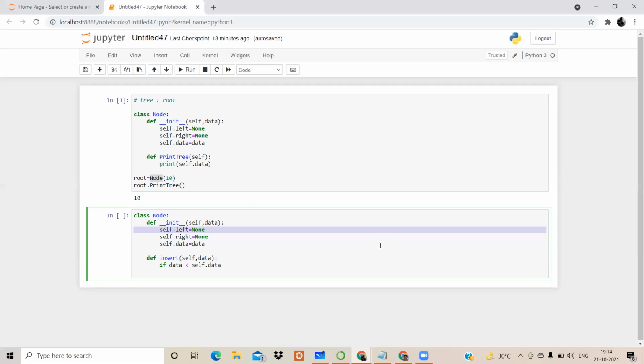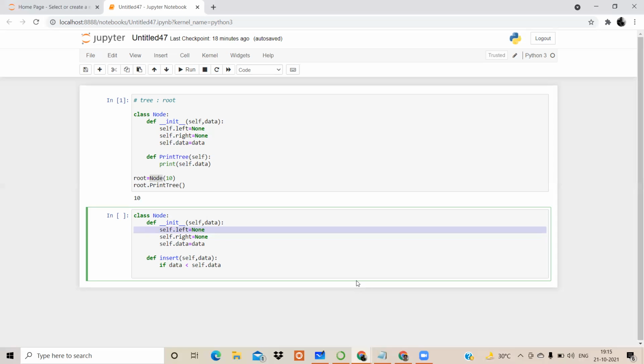For example, if the first element is 23 and the second element is 8, then it is very obvious that 8 will go to the left-hand side of 23. And as soon as 8 goes, it will first check whether there was anything to the left of that 23. Ideally there was nothing towards the left of that 23, so 8 will become the new node, or you can say 8 will become the first child of that 23.